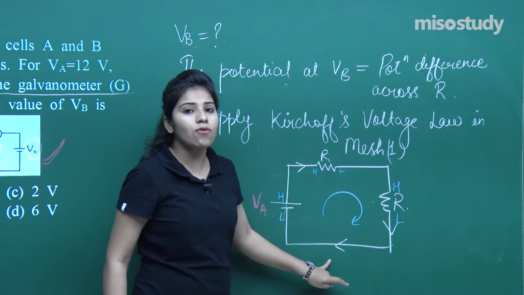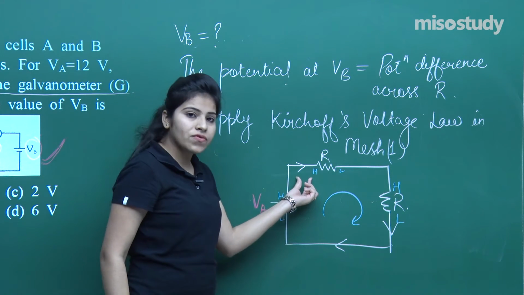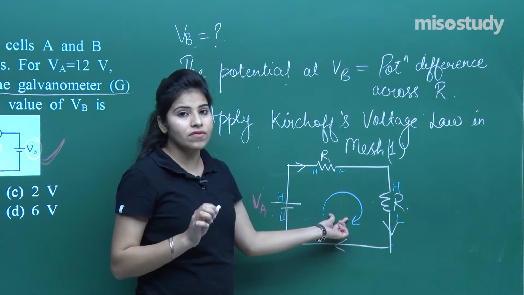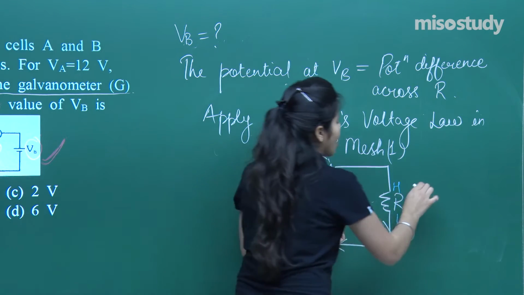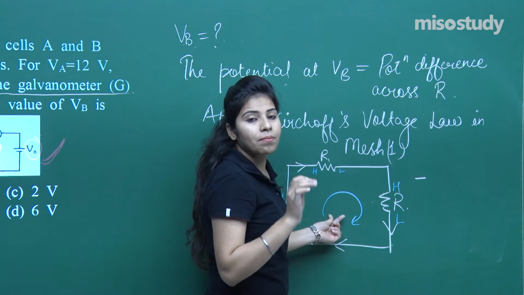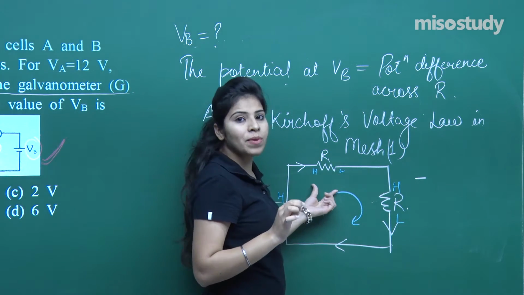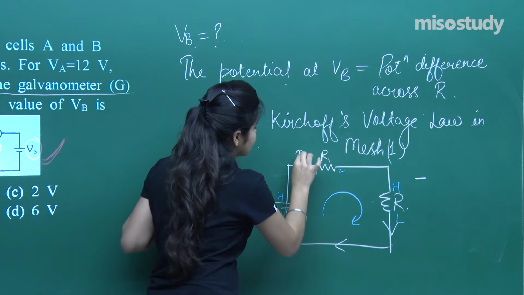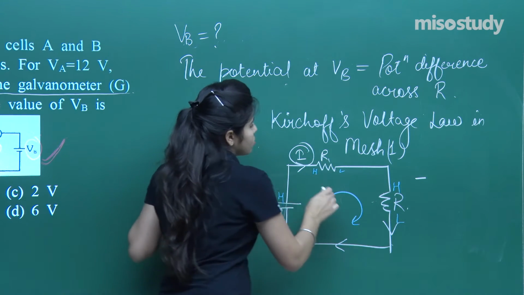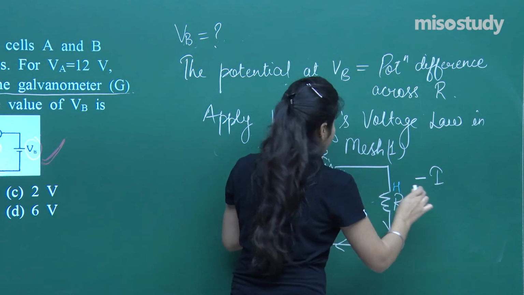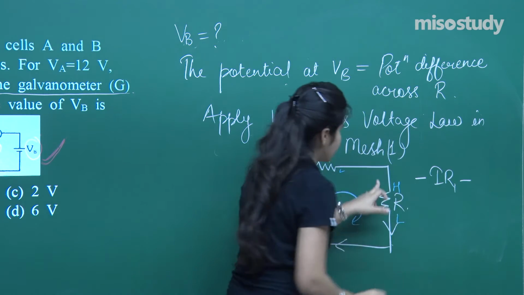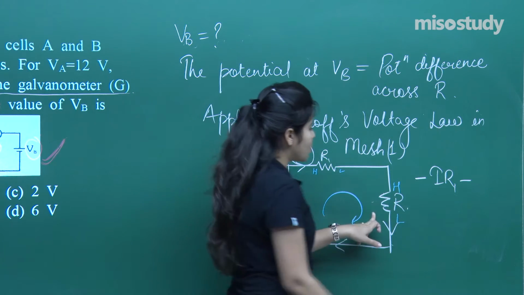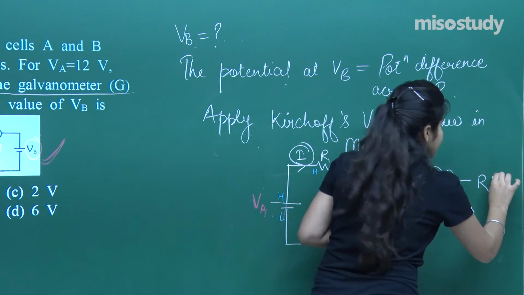In this circuit, what you can observe here is that the direction of current and the direction of the mesh that you have considered is the same. So we are going to have minus VR, minus V in this case. So V will be I into R. Suppose I is flowing in this circuit. So that will be minus I into R1, minus, again since both are in the same direction, so minus R into I